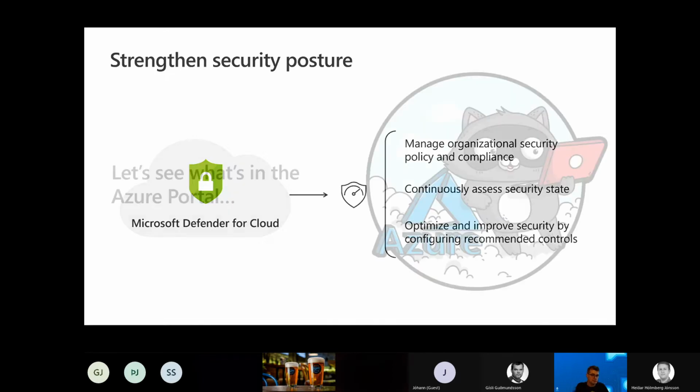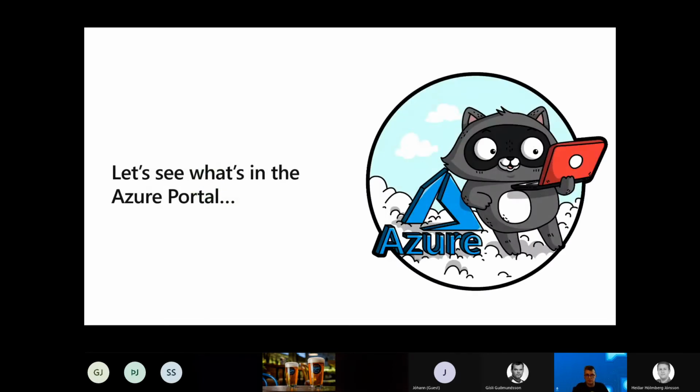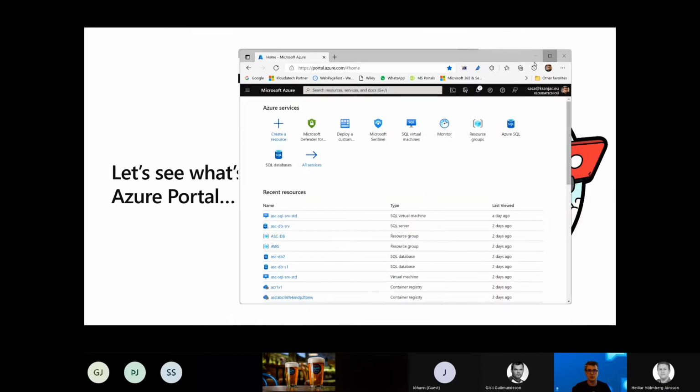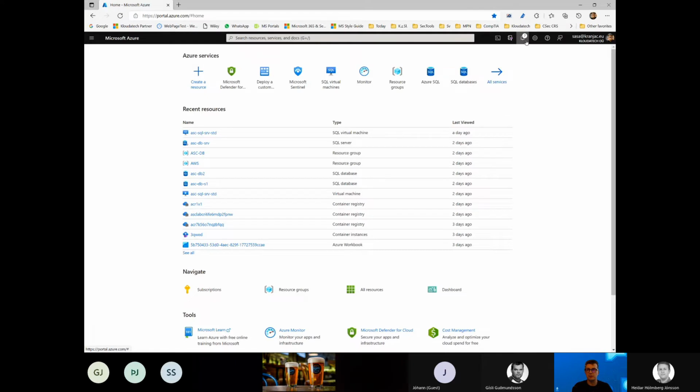But in fact, let's see what's in the Azure portal. So these are all the slides that I have, although the slides are not the point. The point is that we actually take a look at the Microsoft Defender for Cloud or Azure Security Center that we knew from before. So let's take a quick look at it. Before we actually